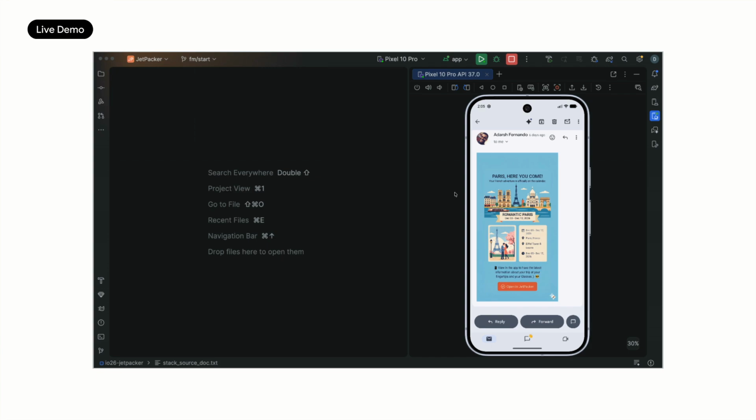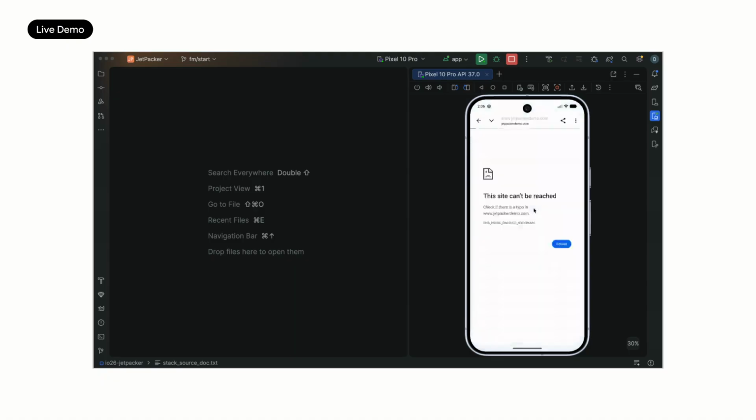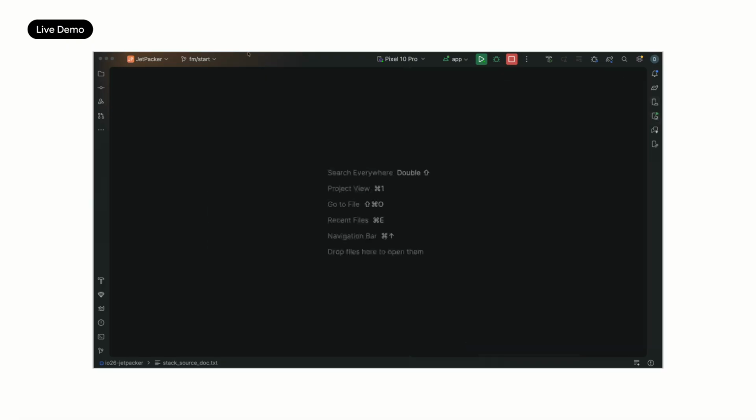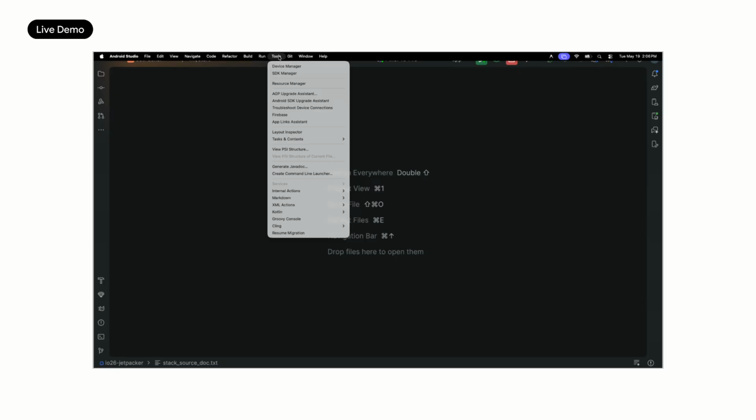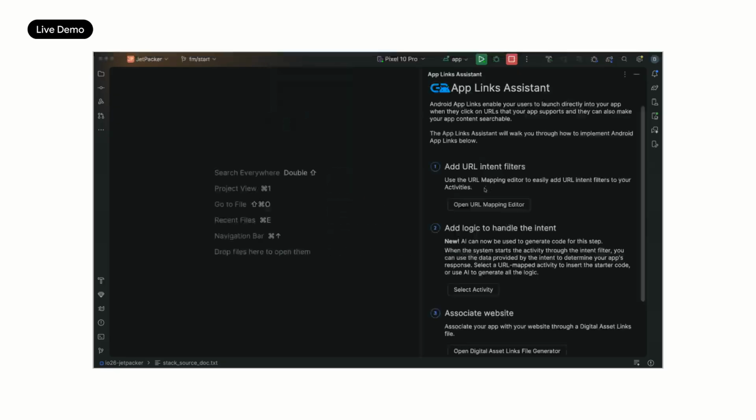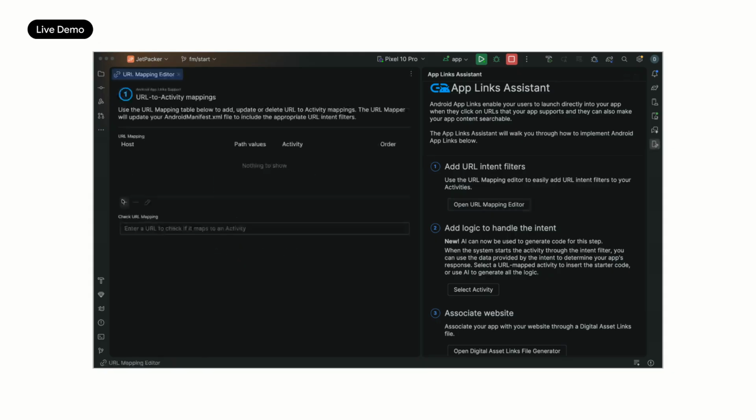We need deep links to maximize engagement and ensure that our users are taken directly to their upcoming trip right inside the app. So if I click on this link in the booking confirmation, this doesn't currently go anywhere. In the latest version of Android Studio, we have a dedicated App Links Assistant to help you implement the deep links in your app. So if I go to Tools, App Links Assistant, open the URL mapping editor, and then